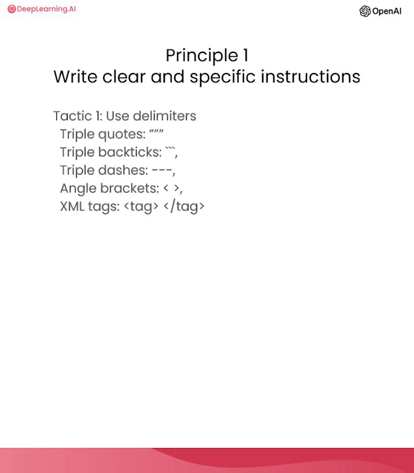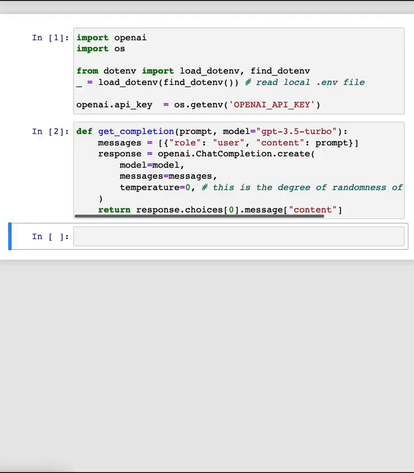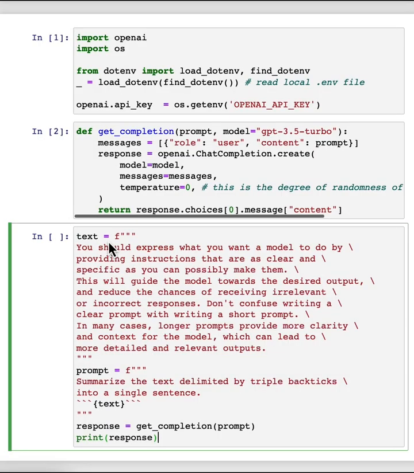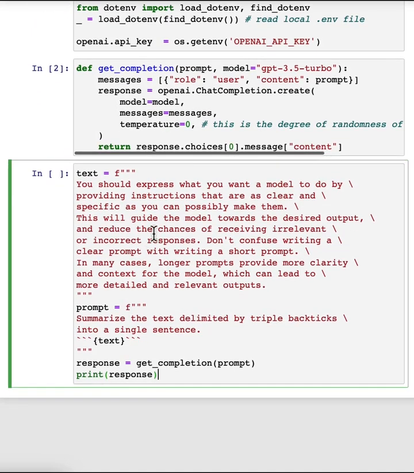The first tactic to help you write clear and specific instructions is to use delimiters to clearly indicate distinct parts of the input. And let me show you an example. So I'm just going to paste this example into the Jupyter Notebook. We just have a paragraph, and the task we want to achieve is summarizing this paragraph. So in the prompt, I've said, summarize the text delimited by triple backticks into a single sentence. And then we have these triple backticks that are enclosing the text. And then to get the response, we're just using our get_completion helper function, and then we're just printing the response. So if we run this,